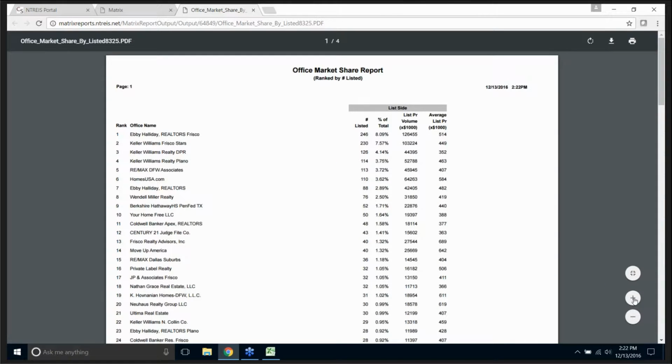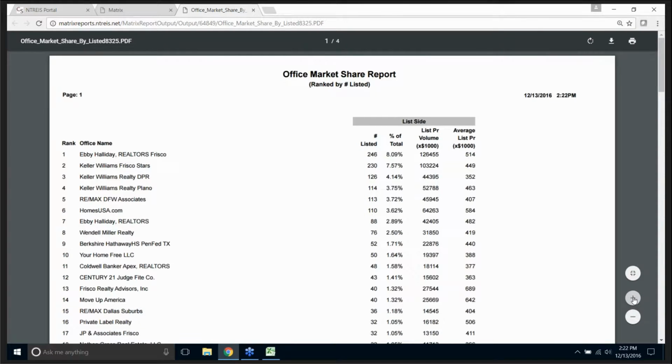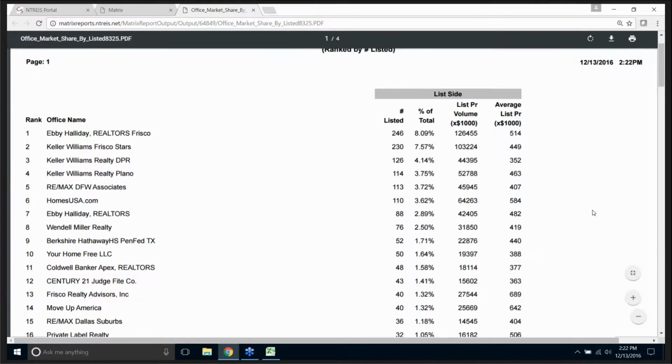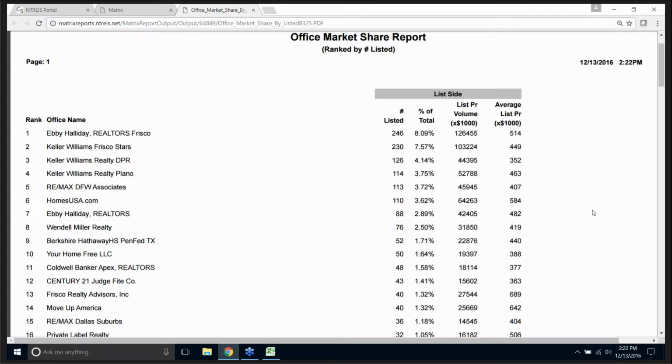Now this time, as it says at the top, it's office market share ranked by listed. There's Ebby Halliday, Keller Williams. This is probably one of the reports that you'll like. Of all the reports, this is one you'll probably look at more often because it's going to see your particular office. For any of you that might be listing, that are team leaders, office managers or brokers, this is